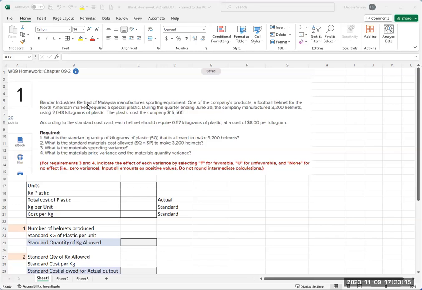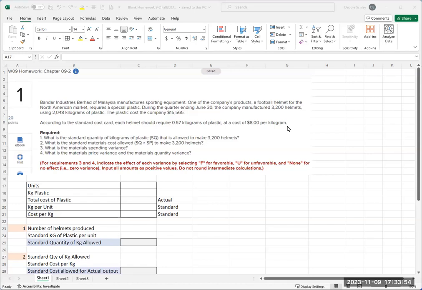Bandar Industries, Berhad of Malaysia, manufactures sporting equipment. One of the company's products, a football helmet for the North American market, requires a special plastic. During the quarter ending June 30th, the company manufactured 3,200 helmets using 2,048 kilograms of plastic. The plastic cost the company $15,565. According to the standard cost card, each helmet should require 0.57 kilograms of plastic at a cost of $8